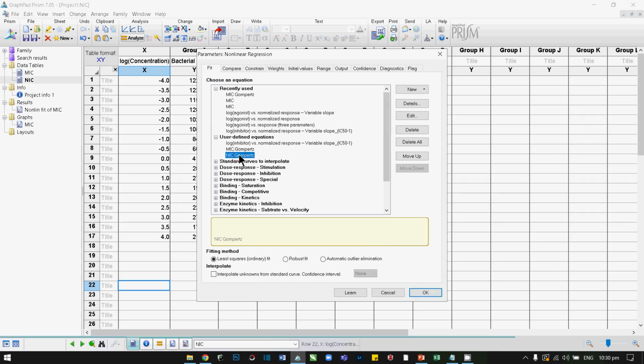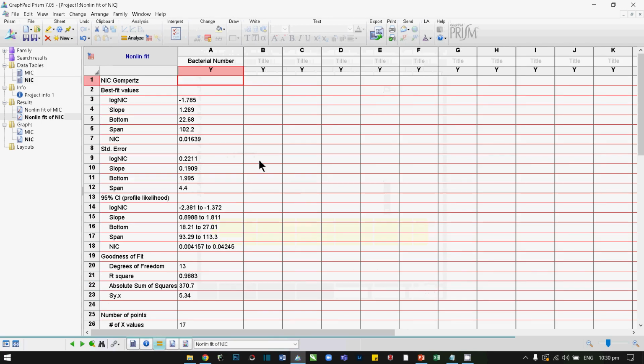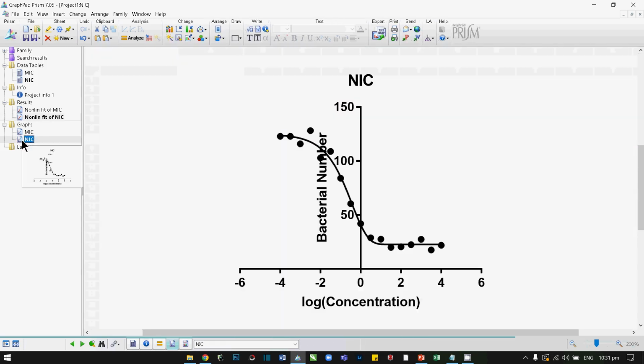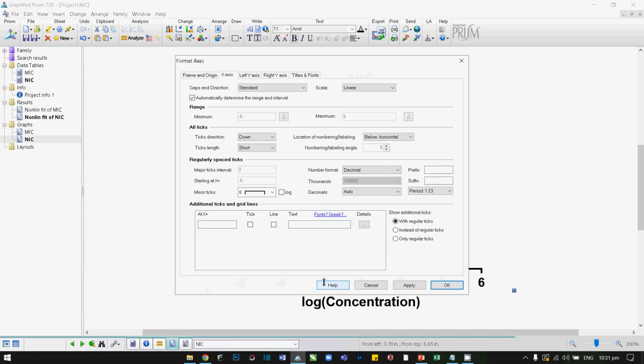Okay, so go ahead, select your new equation and hit OK, and immediately you would get your results. Okay, let's look at the graph. GraphPad Prism fits the curve through the data points, and so let's make the graph look nice. So double click on the x-axis,